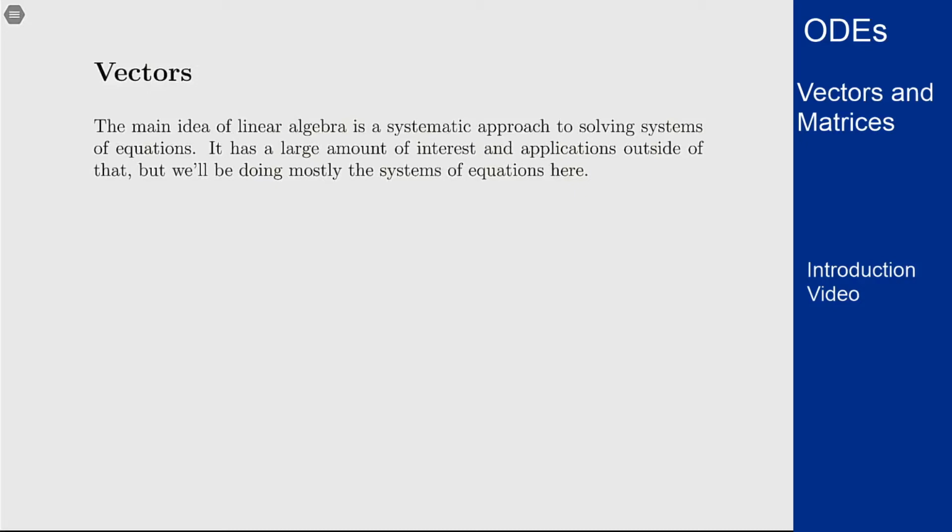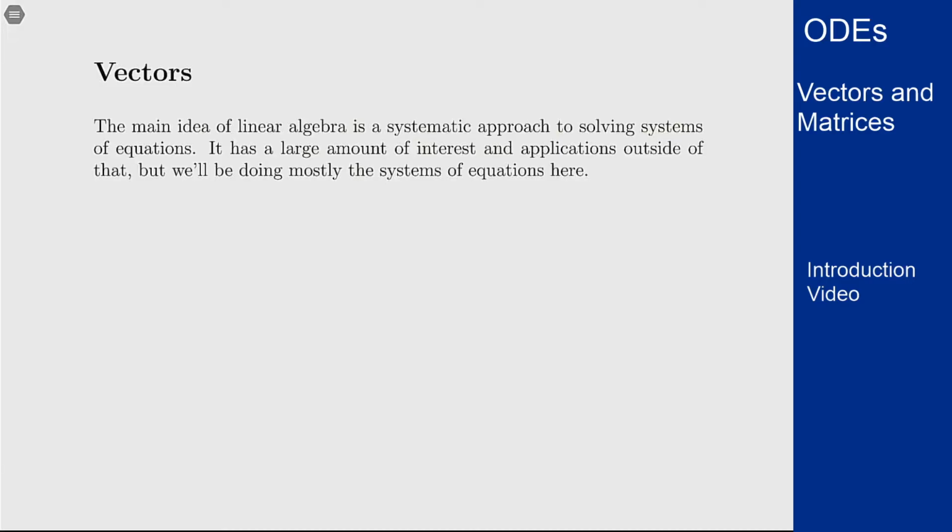In this video, we'll start our discussion of linear algebra by talking about vectors. Linear algebra is mostly centered around this idea of matrices, but to get to that point, we have to start talking about vectors. At the outset, linear algebra gives us a systematic approach towards solving systems of equations. There's a lot of things you can do besides that, and a lot of more mathematically interesting things that happen outside of just solving equations, but what we'll focus on here is mostly this idea of solving systems